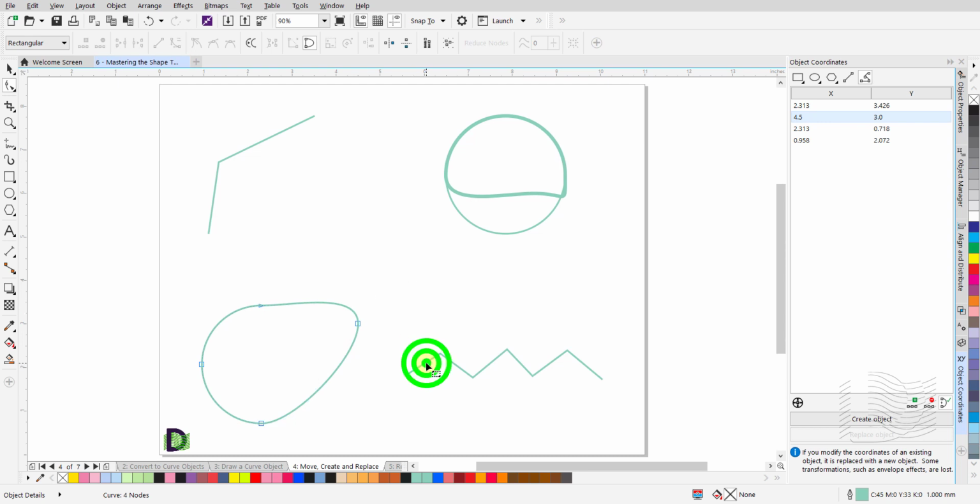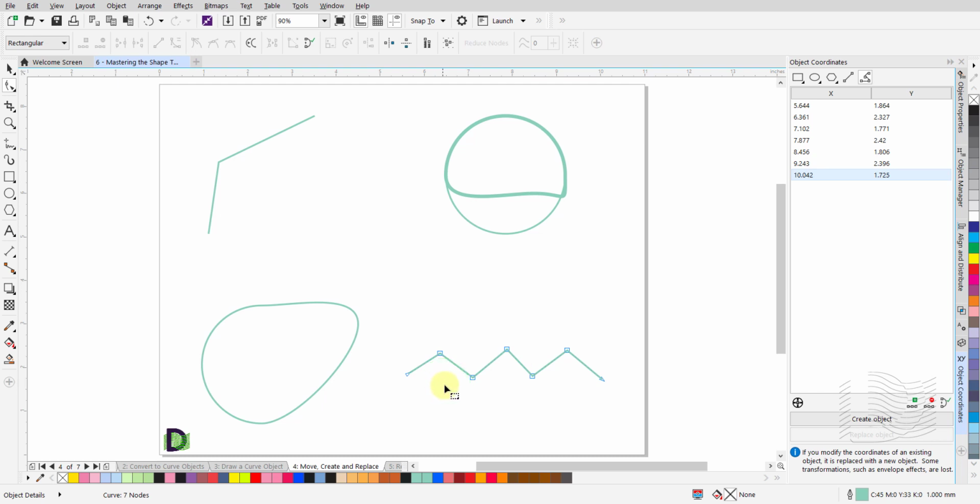If you wish to select more than one node, there are a few ways to do that. 1. Click on the first node you wish to select. Then click and hold the Control key, Command key on the Mac, and click on all the other nodes that you wish to select. 2. To select consecutive nodes, click on the first node, and then click and hold down the Shift key, and click on the last node that you wish to select. This process catches all the nodes that lie between these two nodes.